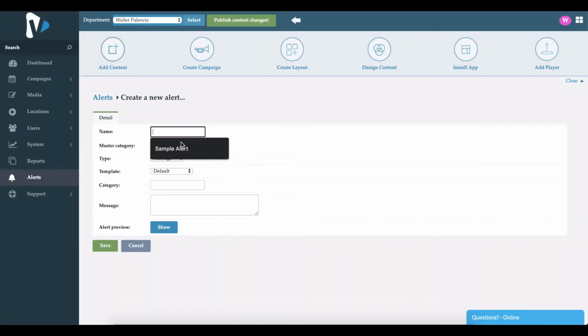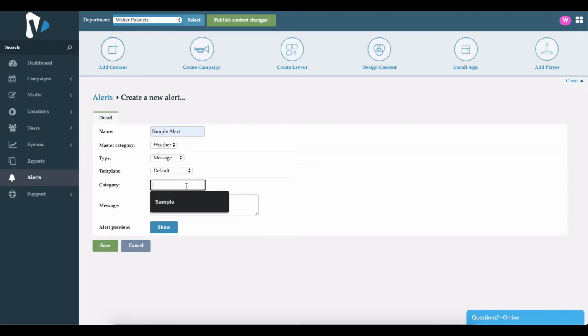So we'll go ahead and name the sample alert, and then you can choose a category. For example, this one, I'll go ahead and say weather. Type, message will allow you to type a message down below, as you can see in the message box. Easy board is if you want to create an easy board with an alert, you'd be able to do so. Same thing with microsite. Or if you are tying into any other system, you can bring in the URL and we can listen out for it. So in this example, I'll go ahead and click message, template, I'll go ahead and choose default,